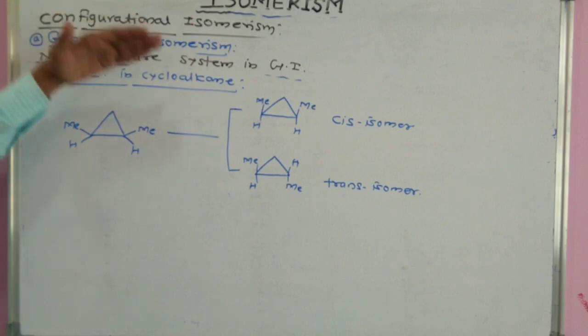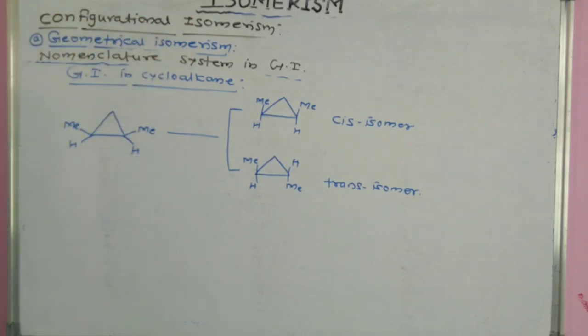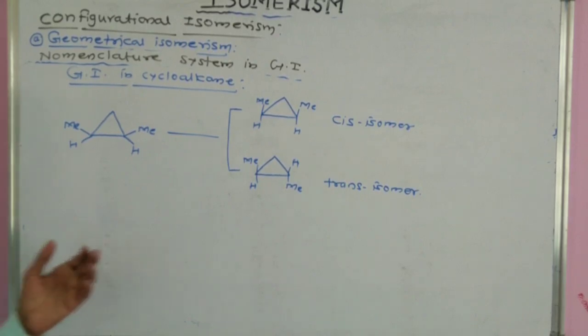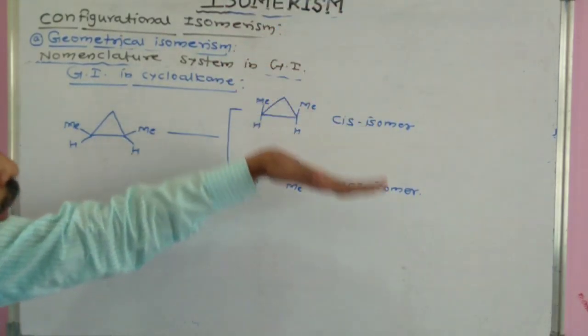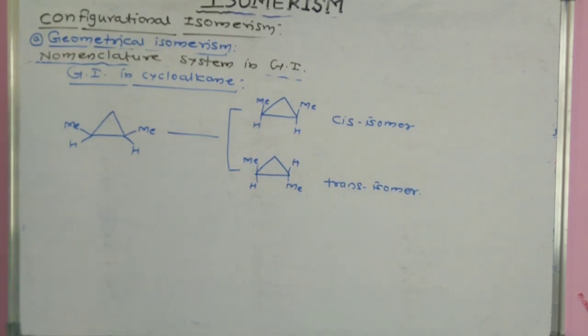So these cycloalkanes also show geometrical isomerism, in the cis and trans forms. So this is geometrical isomerism, one of the types of